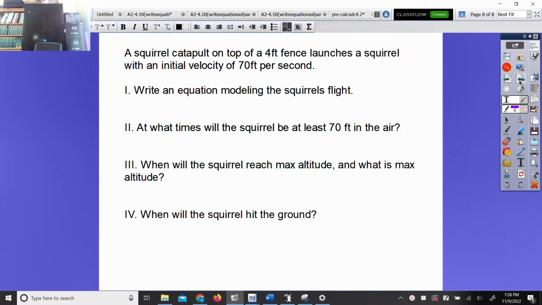Yes, he does. A squirrel catapult on top of a 4-foot fence launches a squirrel with an initial velocity of 70 foot per second. Write the equation that models this squirrel's death. We've done these. I didn't give you the form this time, but we've done these. Well, how's it start? H parentheses T. Height is a function of time, that's correct. Equals